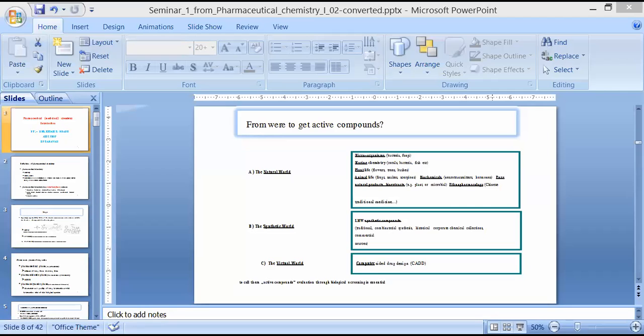Then compounds, that is biochemicals, hormones, neurotransmitters. Now we know insulin is a protein which is used for the treatment of diabetes. So these many natural sources are also there to treat diseases. Then the next will be natural products and bio extracts from plants and microbial origins, and the ethnopharmacological medicinal systems, that is the Chinese traditional medicine system. So these many natural sources are used for the treatment of diseases.